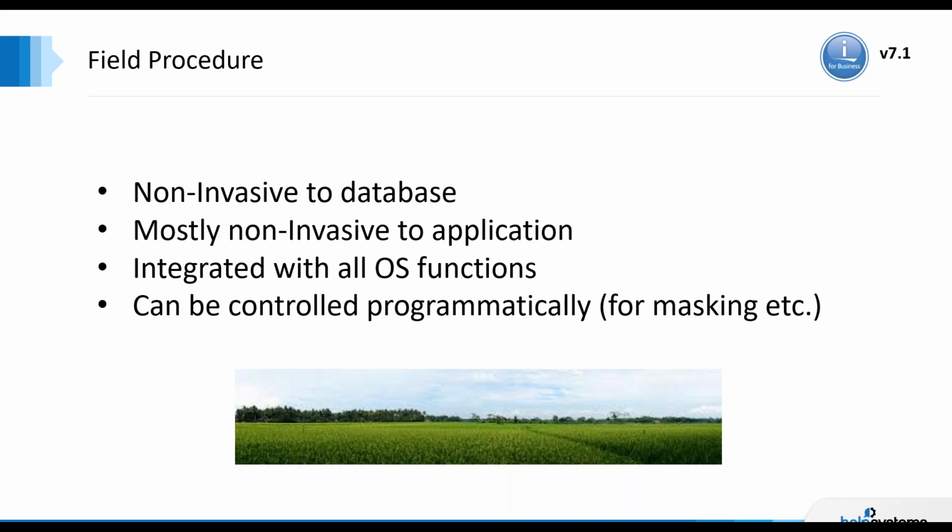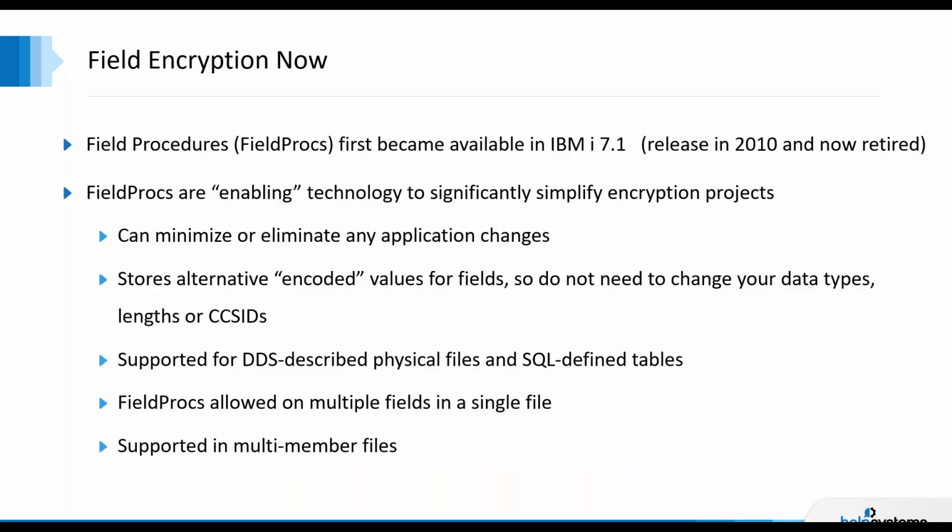The benefit of a field procedure is that it is a defined function that is programmable, meaning that we now have the ability to make decisions about the encryption and decryption functions. Now, bear in mind, IBM i 7.1 was born in 2010. We're now 8 years later. It has indeed been retired. So if you're on IBM i and you're on a release earlier than 7.1, not only are you unsupported, but you won't have field procedures at your disposal. So hopefully most of you, if not all of you, are already running on a release that has this functionality